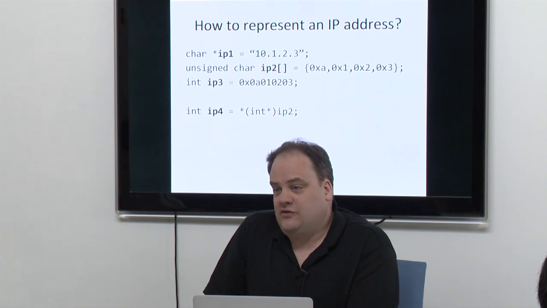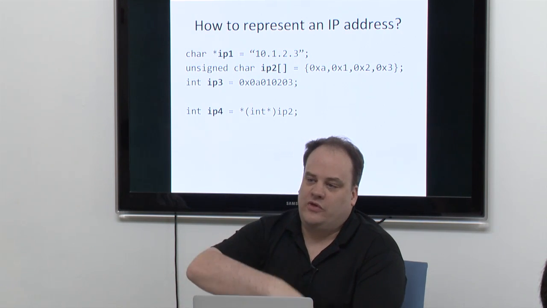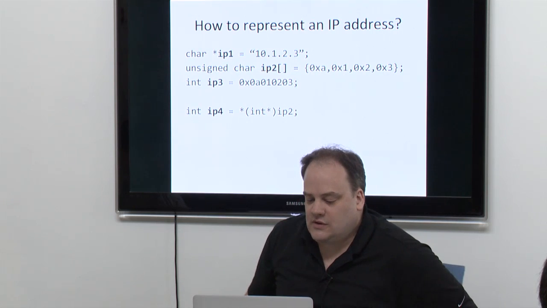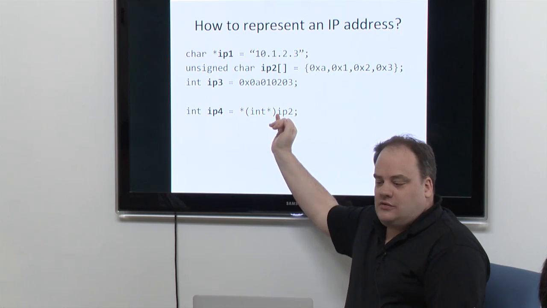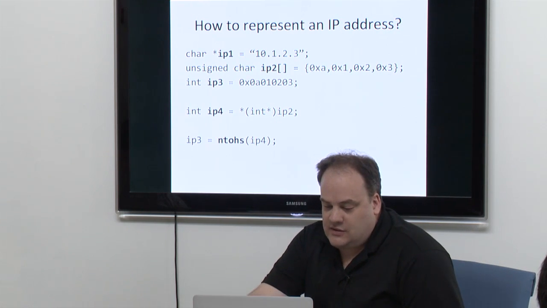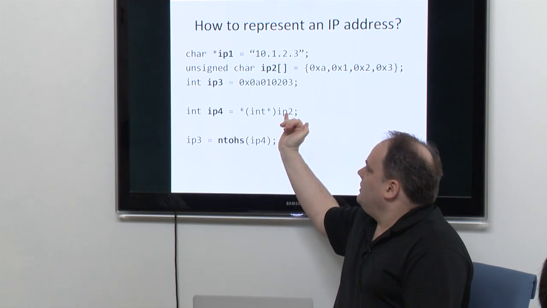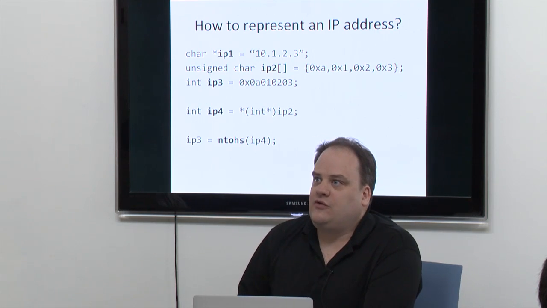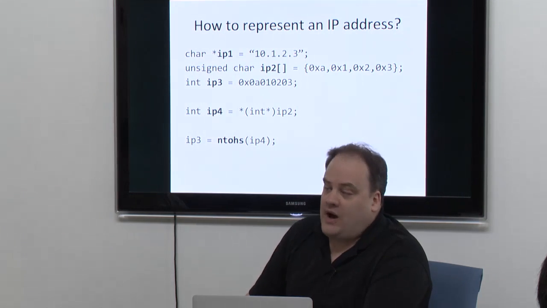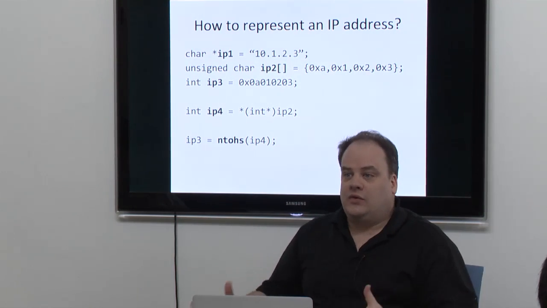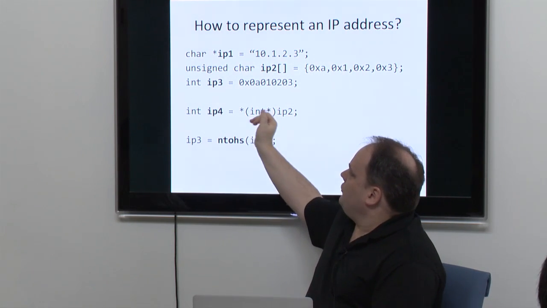What Stevens teaches you, and it's really not just Stevens, it's the whole sockets infrastructure back from BBN when they put TCP/IP in BSD Unix, is to cast the integer, and then to byte swap the values. And this is the wrong way. This is something you should never do. That it is wrong is proven by the fact that you can't do it this way in Java or JavaScript or Python or any other language other than C. You can't cast the bytes, and it's the casting of the bytes that causes a problem.